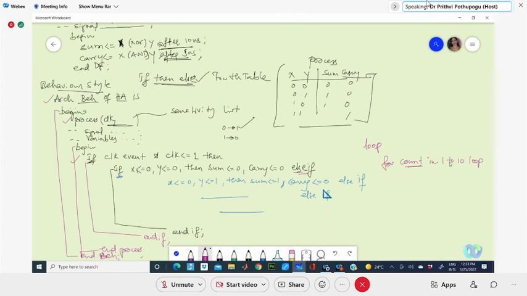This is the user defined count. Say I'm increasing the count, this is instantaneous assigning without delay. Sum plus of the count. End loop means that for 10 times this will be incremented, 10 times it will be iterated.